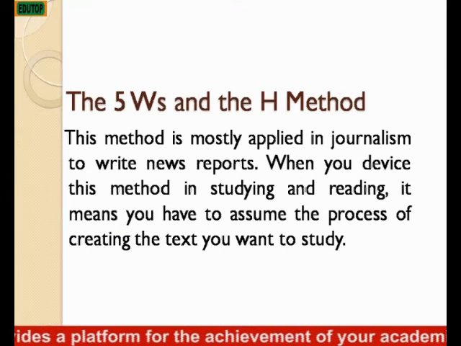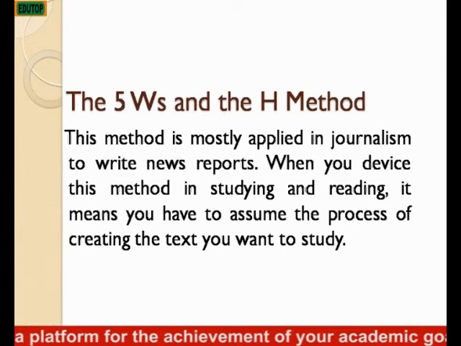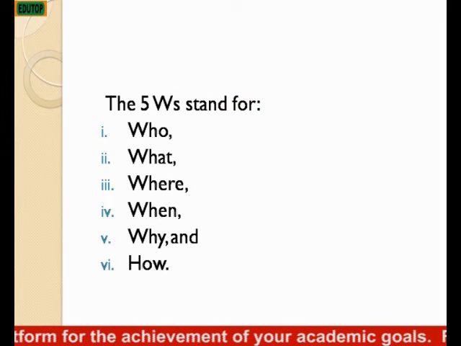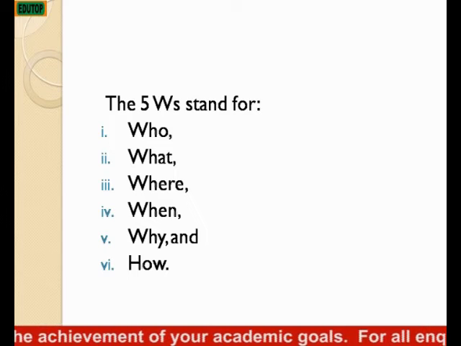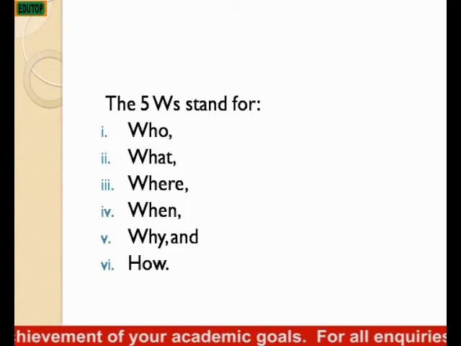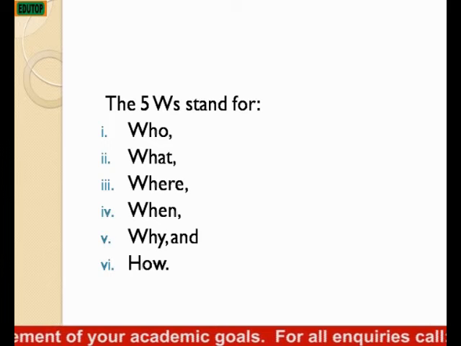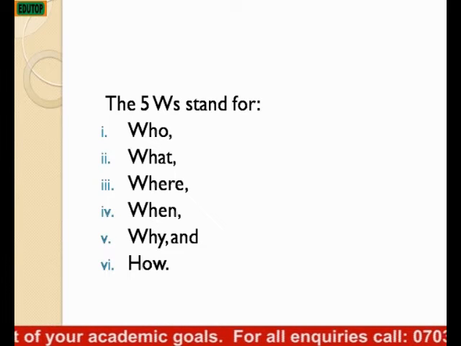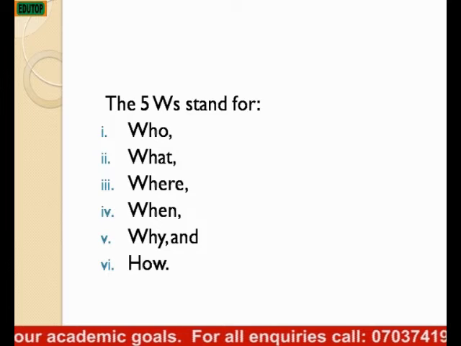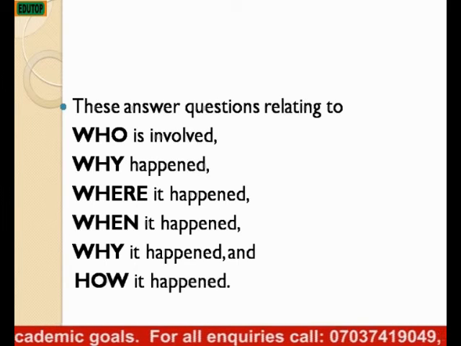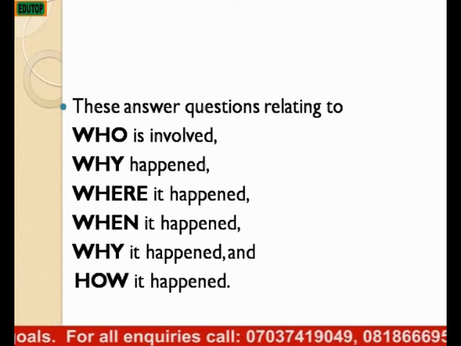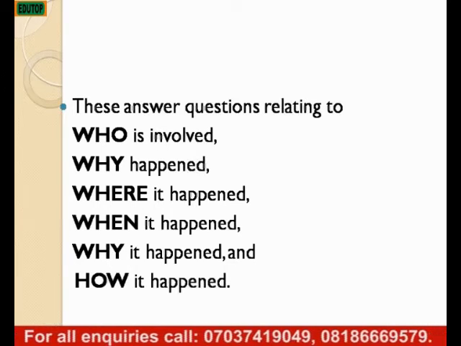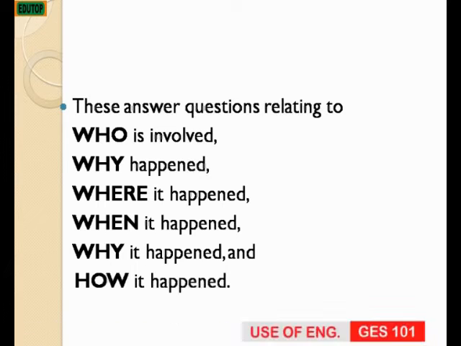The 5 W's and the H method. This method is mostly used in journalism to write reports, news reports usually. So the 5 W's stand for who, what, where, when, why, and how. And so it explains who is involved, what happened, where it happened, when it happened, why it happened, and how it happened. So if you follow these steps, you'll be able to give a very good account of an event,